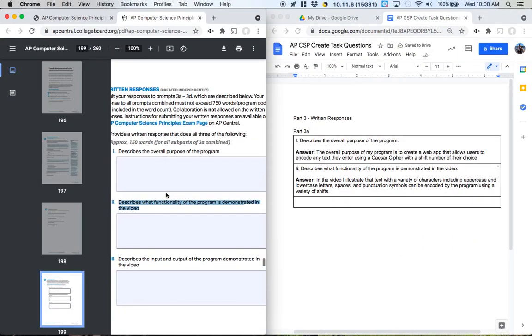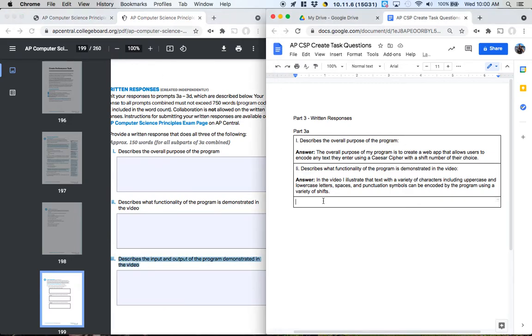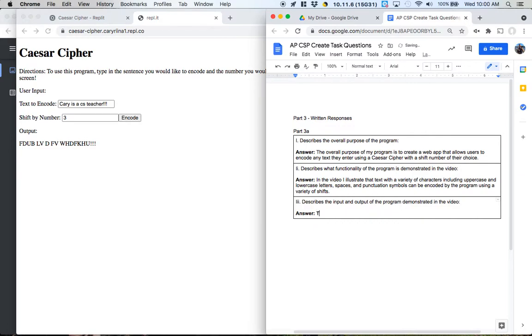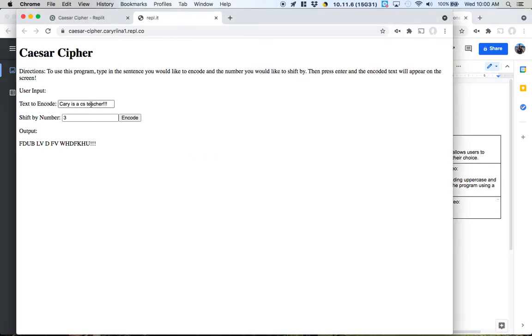Okay? Describe the input and output of the program demonstrated in the video. So this is one of our requirements, is that our program includes input and output. And this is certainly the case in my program, which is good because it's supposed to be an example that I believe would earn full credit. So here are the input values. And I'm going to try to give the data type of what's being inputted. So the input values are, let's see, it's going to be a string, a number, and then also a click